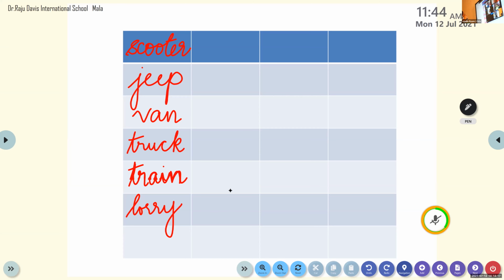Yes, Daniel. Come on, Daniel. Come on, tell me. Aeroplane. Okay, so it is aeroplane or aircraft. We can write it. It is aircraft. Yes, we can either write aircraft or aeroplane. So we have written 10 names of vehicles now.